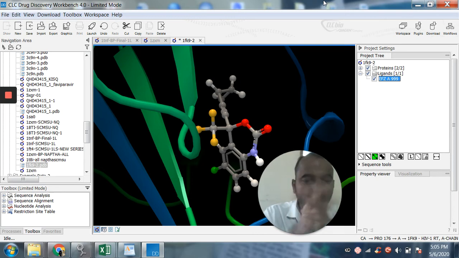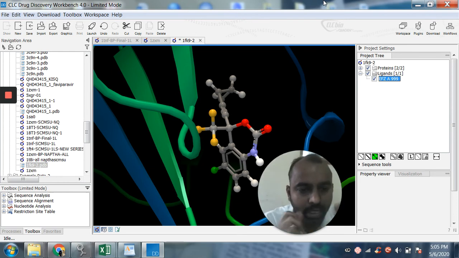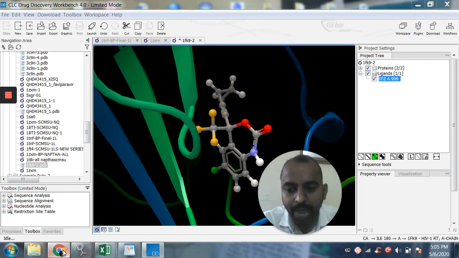So I am separating the complex and fitting the ligand back into the active site. To the extent it is deviating from the standard parameters, it will tell you the RMSD value. This data is called validation of docking protocol. Further, you can also do the validation of docking protocol by using software called Rampage.